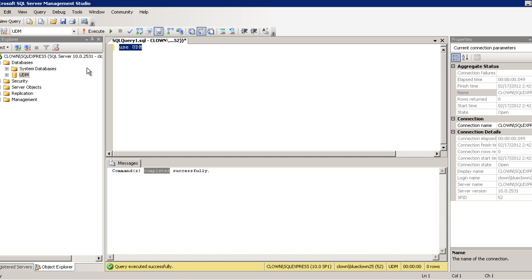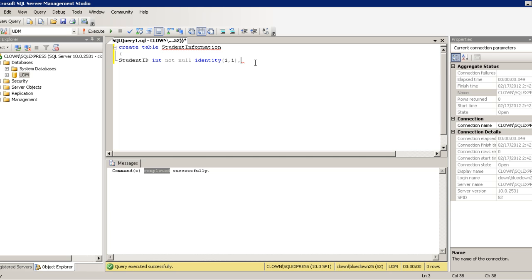After using the database, we need to type create space table space the table name, student information, then open parenthesis, then the variable name. I'm going to use student ID as my variable name, and the next one is the data type. I'm going to use int, then not null, meaning it will not accept values that are null. Then identity 1, 1, meaning it will start on the number 1 and increment by 1.